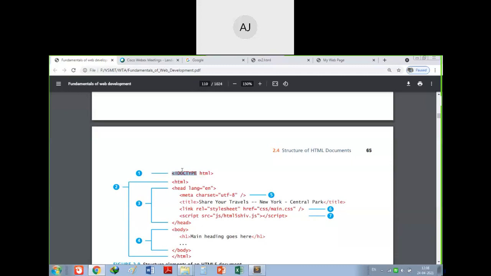In short, we write DOCTYPE here, and you see one exclamation symbol after the angle bracket, then DOCTYPE. This specifies which particular language you are going to use in this web page. Right now we are using HTML.